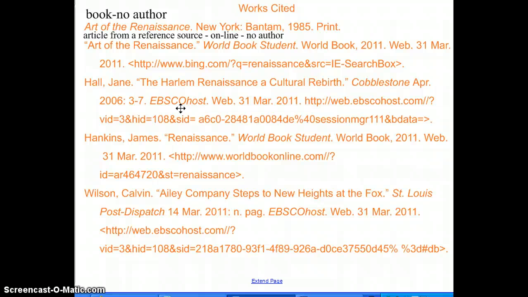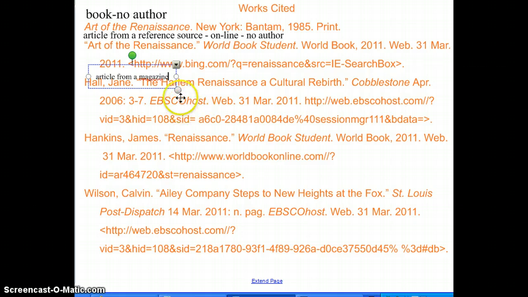And it's a wonderful, wonderful resource, because we don't have to worry about having the print resources or the print copy in front of us anymore. And so we could tell that this was an article from a magazine,